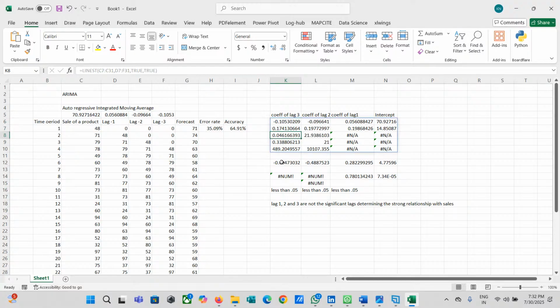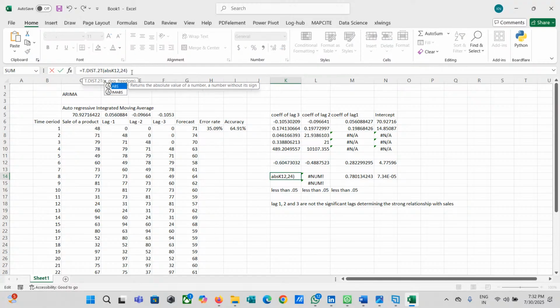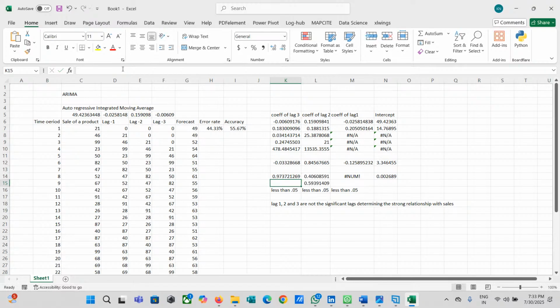Right now, there are some problems we are facing here. Okay, I have to take the absolute value of this. If I take the absolute value, then I think we will not face any kind of problems. Okay, now we're getting it right. So if you look at here, the 82% means 17% is the probability of having a relationship.